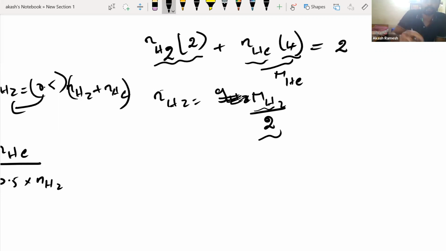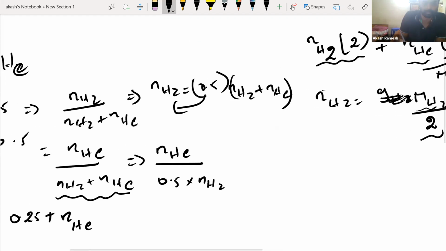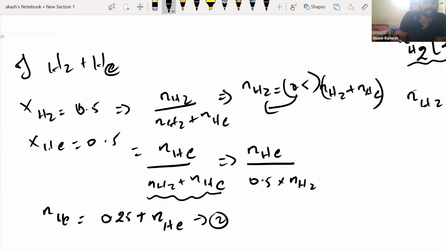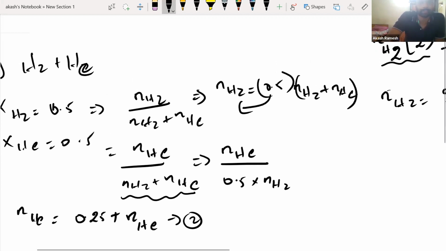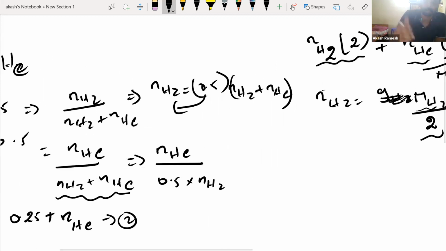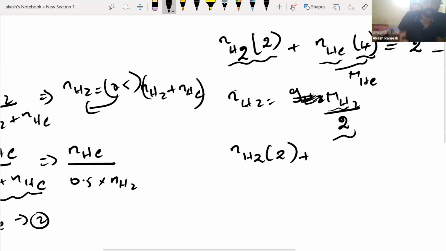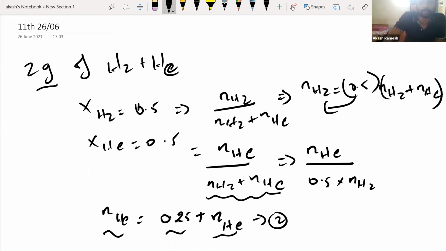Okay, right. So now you can use this equation, say I'll keep it as 1, and you can use this equation, say 2, or any other equation you have here. Okay, cool. So we'll try to do this. If I combine them both, I will write number of moles of H2 into 2 plus, now helium I can write as number of moles of helium, you can see number of moles of helium is equal to 0.25 into the number of moles of, sorry,